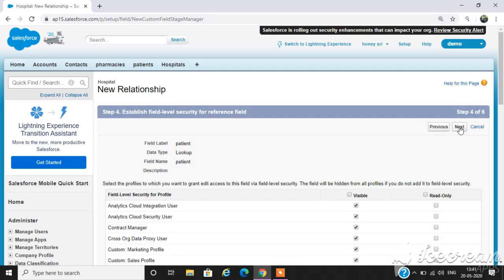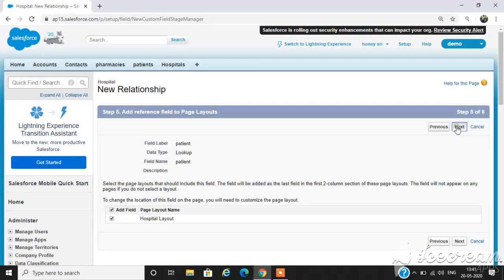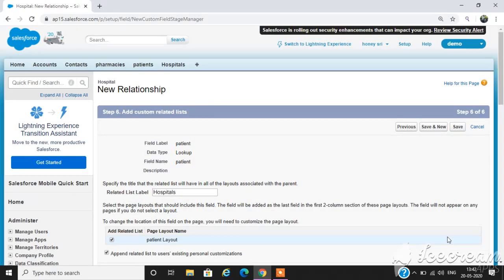After that, make sure that the field level security is visible for all your profiles and click on next. Then select your desired page layout and click on next. Lastly, add custom data list and click on save.